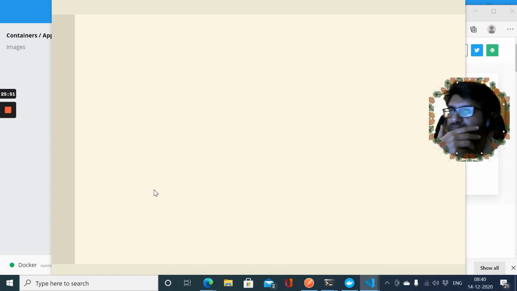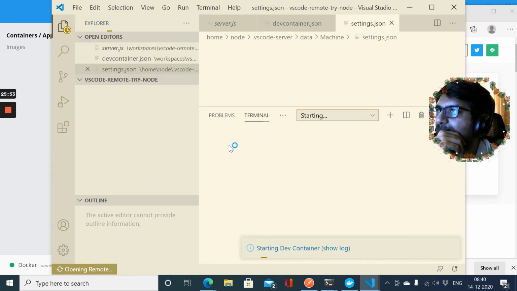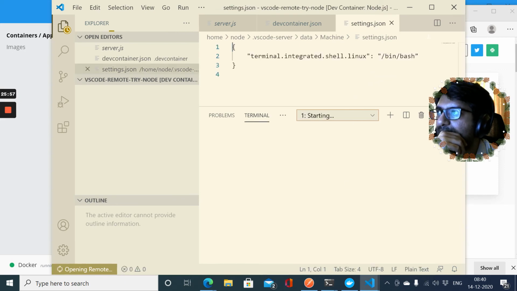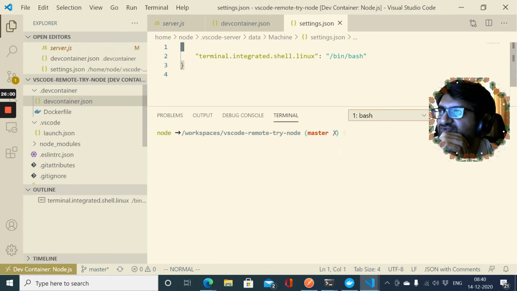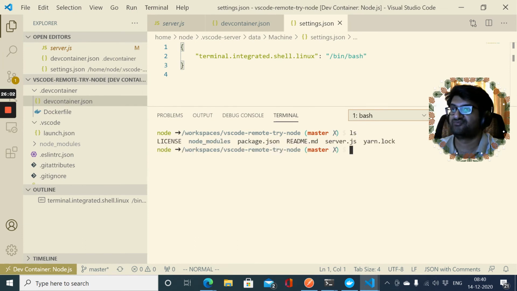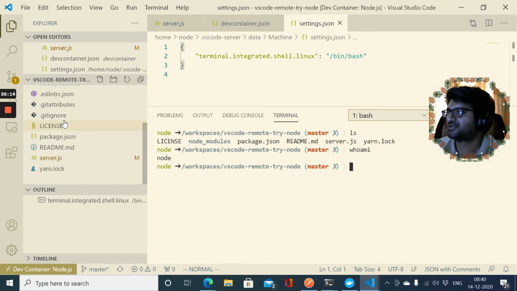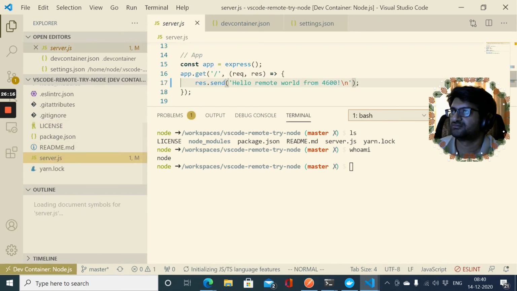This is the machine that we were trying, right? It already has everything set up, and it's made its own username, as per the Node.js project, and it has the code here.